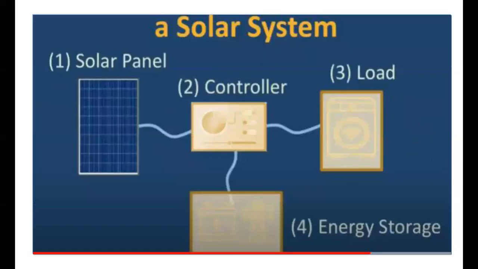So in the practical solar system, the figure shows it will consist of a solar panel, a controller, an energy storage device and load. The solar panel converts the light energy into electrical energy and gives it to the controller. The controller matches the voltage and current requirements of the load with the panel, and there is an energy storage medium that will store the power produced from the solar panel. Either it will be stored in the battery or it will be converted and connected to the grid system.